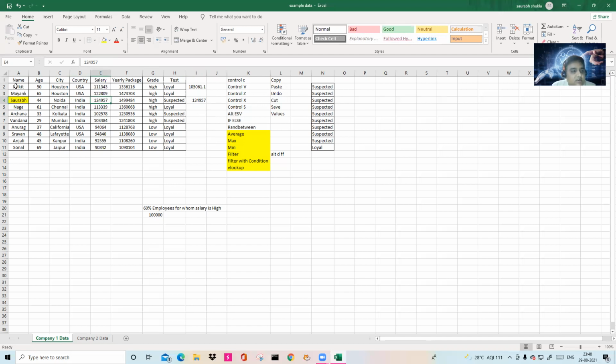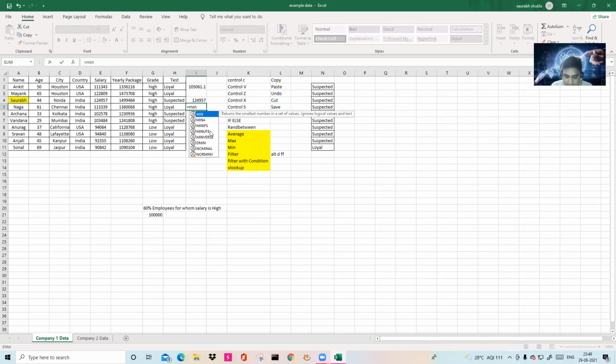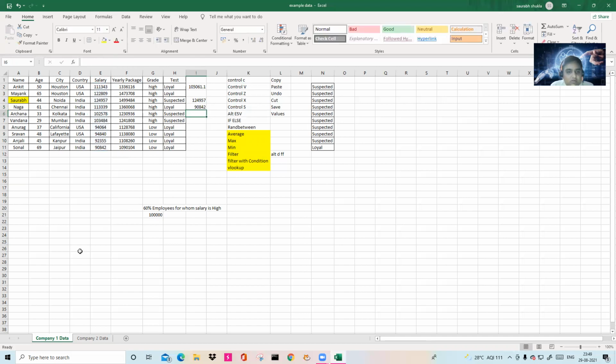You can easily see here because we have only 10 rows of data. But think about it. I told you, right, there are 10 lakh something rows. If the data is like 100,000, 200,000, 300,000, then it is very difficult to get the max, min, and everything. So you have to learn that. Let's say we will apply minimum. In a similar way, just apply it on the given set of data. Select it, enter, and you will get your result.